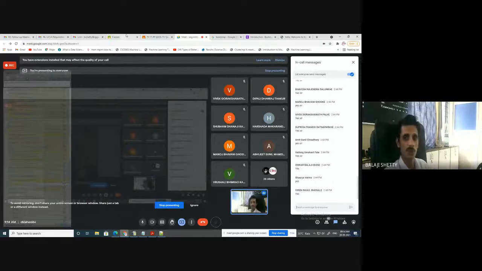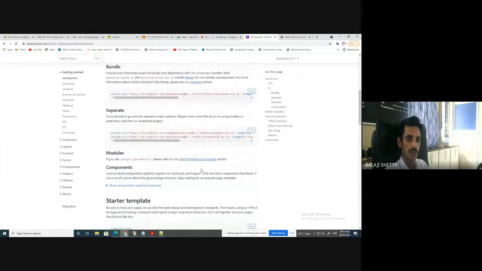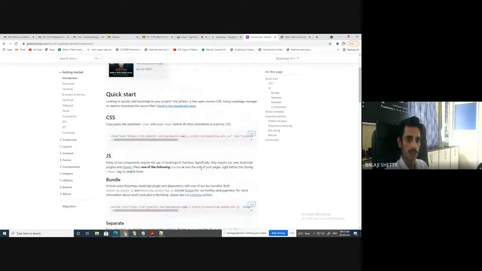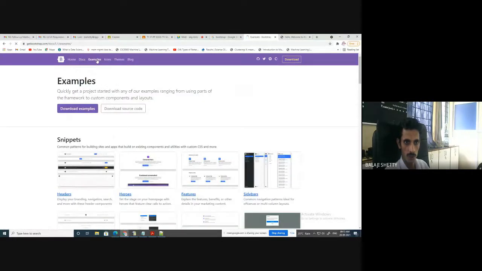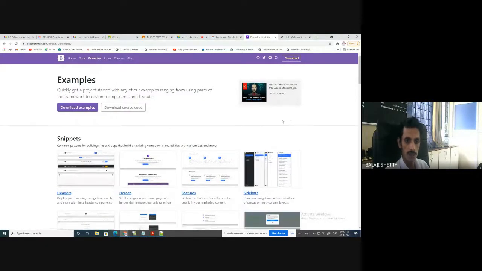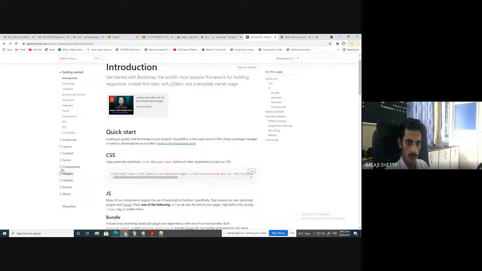Now let us explore Bootstrap in more detailed way. Okay. Now go to examples. Okay. No. Examples not yet, you will not understand. First let us go simple. So, forms.